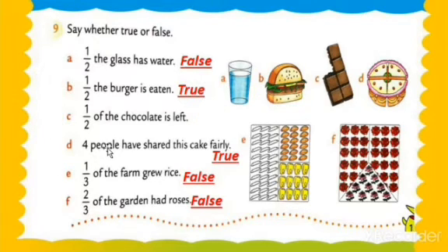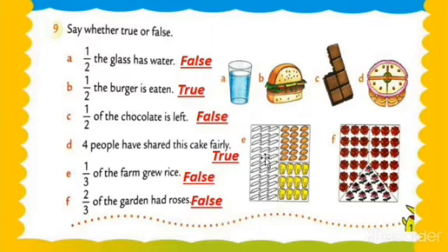One upon 2 of the chocolate is left. See here, how many parts are in the full chocolate? 1, 2, 3, 4, 5, 6, 7 or 8. 8 parts. So see this here, the denominator is 2, but the exactly correct denominator is 8. And 1 or 2 parts are eaten, but here they show only one numerator. So 1 half of the chocolate is left is false, incorrect information. So that's why we are mentioning false here, my dear students. Understood, my dear students?